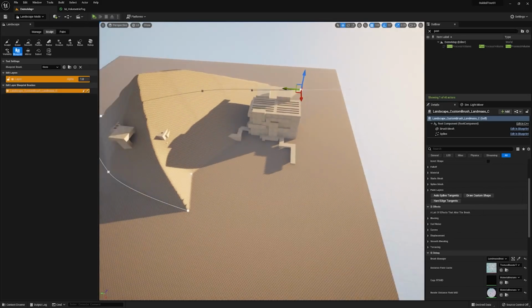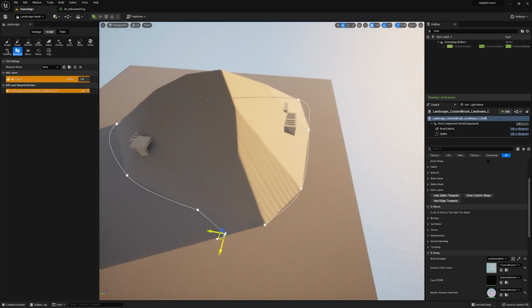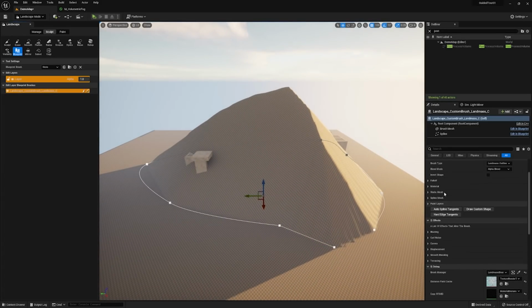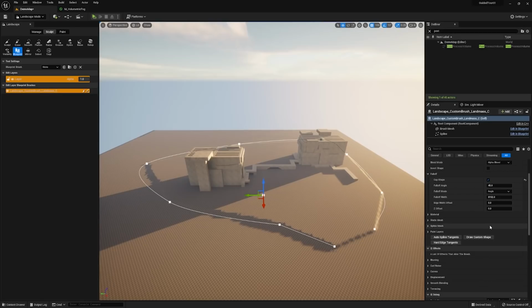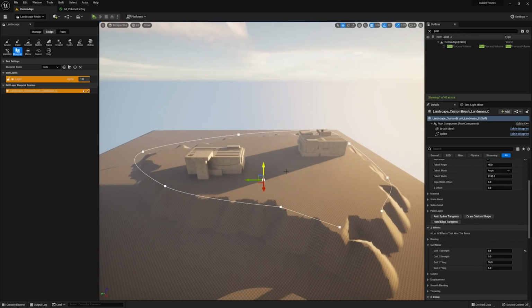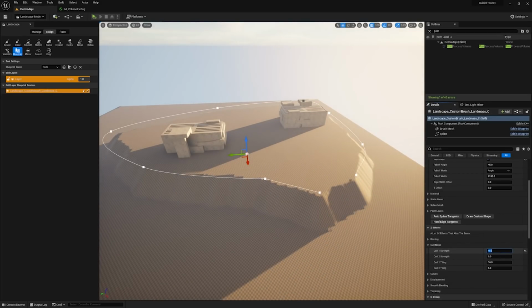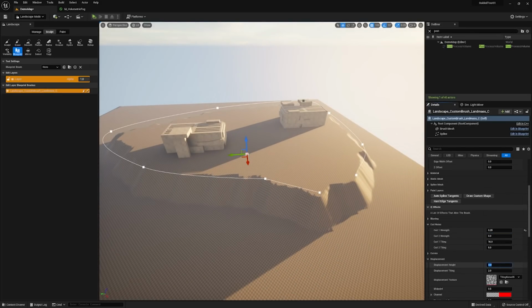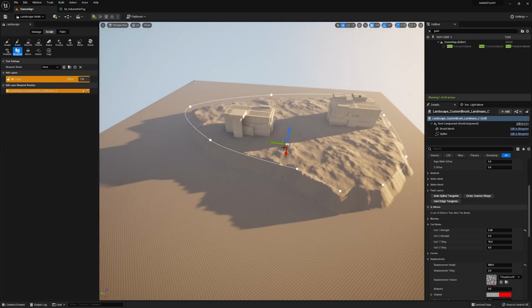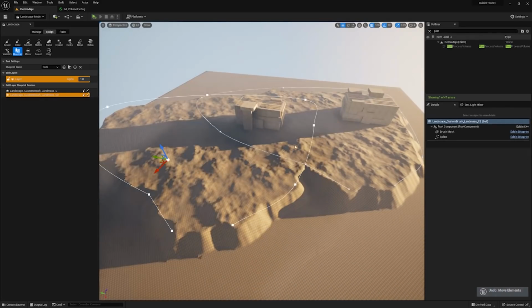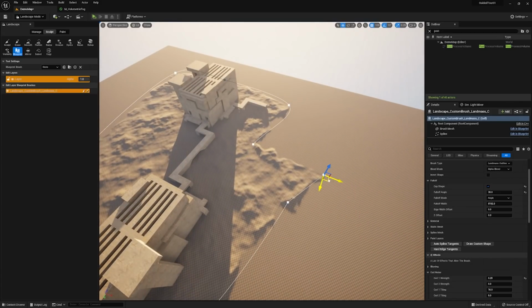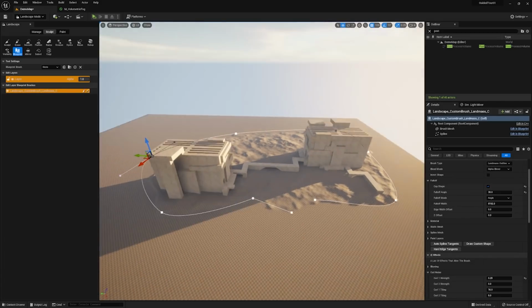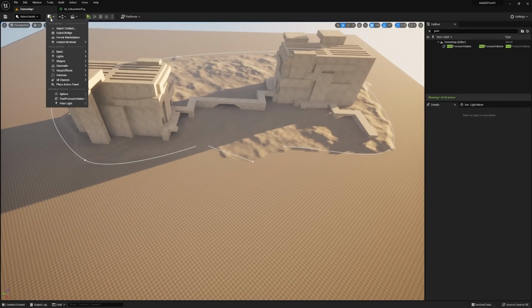In addition to letting you paint with splines, we have a bunch of other options. For instance, we can cap the shape, we can add curl noise, we can add displacement, and all of this compiles to kind of create a much more realistic but easy to iterate upon environment. Also be aware that you can stack multiple land masses on top of one another to kind of create mountain ranges or whatever you need. I'm not going to do that here. But for the next step of what I'd like to do, I'm going to go back to my standard select mode, and I'm just going to drop in an ocean.